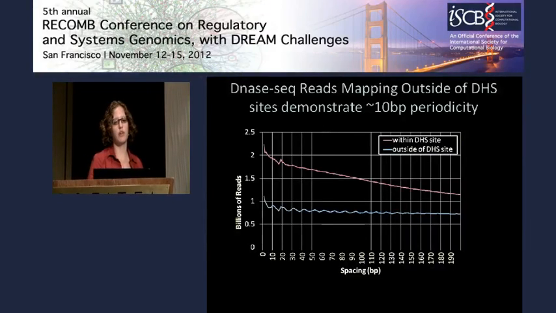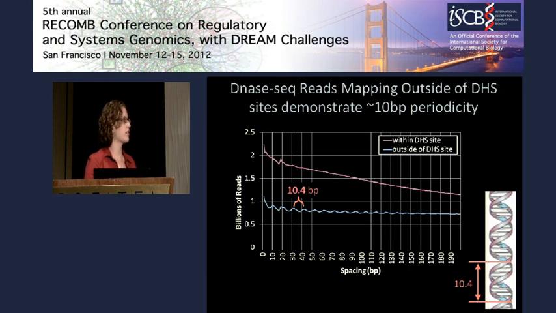In this figure, we recorded the distance between adjacent DNase-seq reads, either mapping within DHS sites, the purple line, or outside of DHS sites, the blue line. The number of reads is on the y-axis and the spacing between them is on the x. We find that the spacing in non-DHS reads appears to oscillate, as you see, while the DHS regions show no detectable periodic pattern. This period is about 10.4 bases and coincides with the length of one turn of the DNA